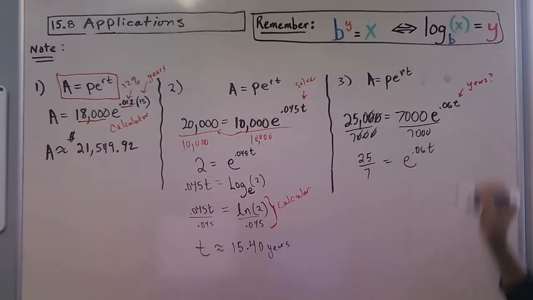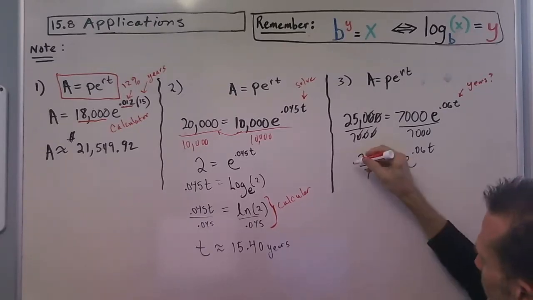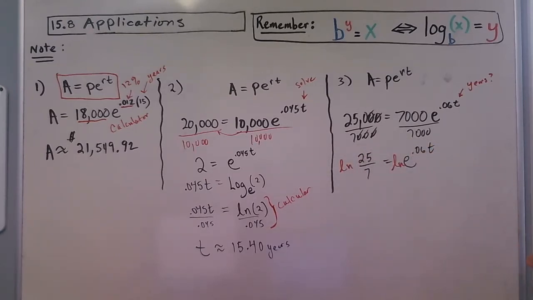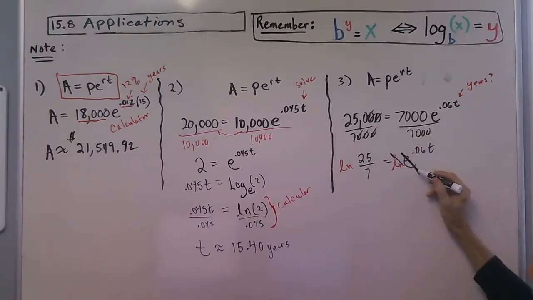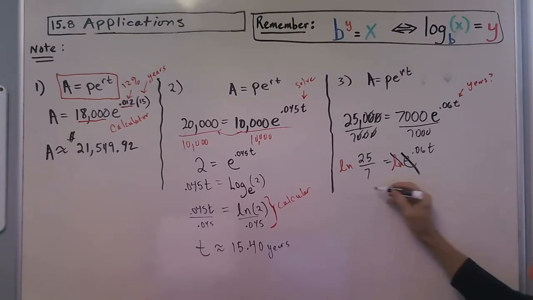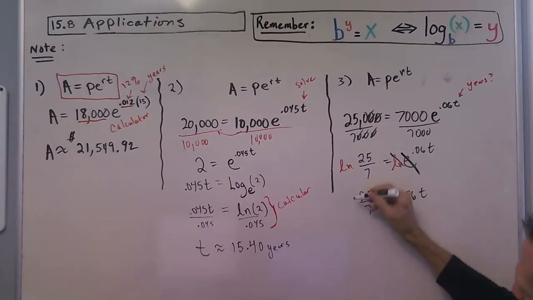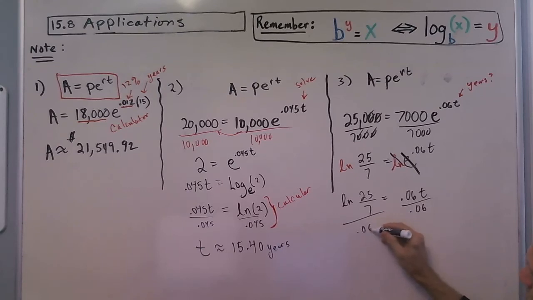to the 0.06 t. Okay, and then showing a slightly different method on this one. What we can do is take the natural log of this side and the natural log of this side. Very similar to this one. We'll cross out, cancel out the natural log of e, because that's 1. Okay, and then we have ln of 25 over 7 equals 0.06 t. And then we'll divide by 0.06, divide by 0.06, and we get t is approximately